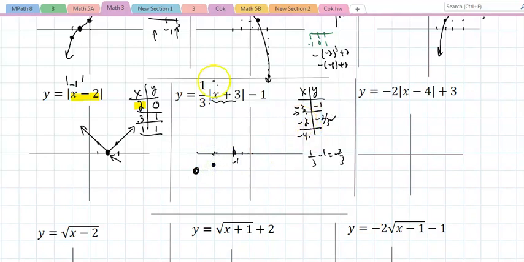And how about negative 4? A negative 4 in there. Negative 4 plus 3 is negative 1. Absolute value of negative 1 is 1. That's also 1/3 minus 1, that's negative 2/3. So negative 4, negative 2/3. And if you connect this with a straight edge,